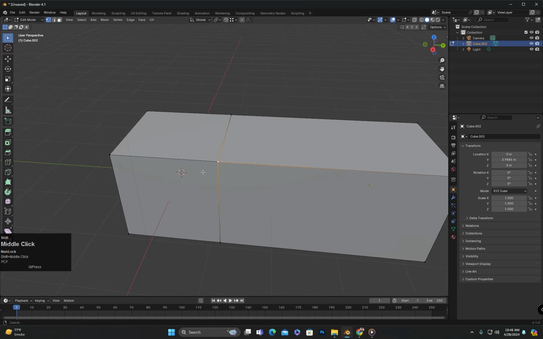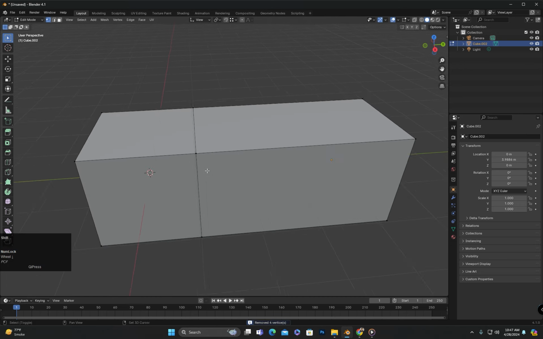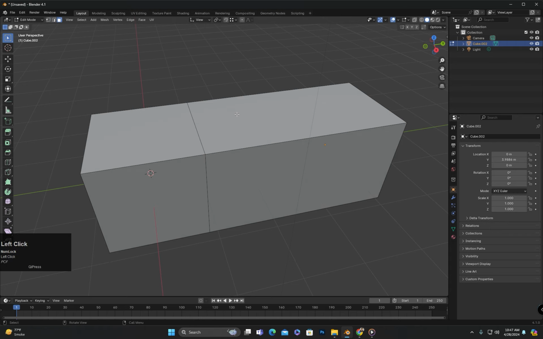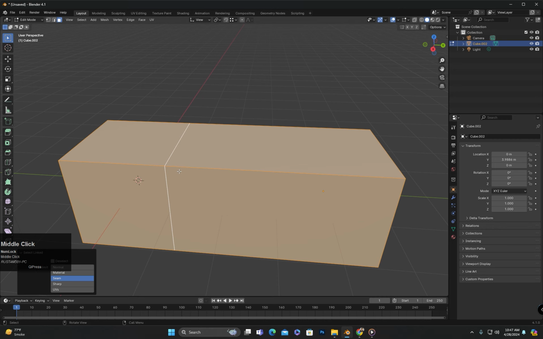After this, we have additional options, among which one option is add first. This means that if you select multiple vertices and merge them by the option of add first, the vertex that was selected first will be the one where all selected vertices will merge. Similarly, at last means that the vertex that was selected at last will be the one where all the selected vertices will merge. If I now move the mouse cursor over this object and press L, the entire object will be selected because it is now merged and there are no loose parts in it.